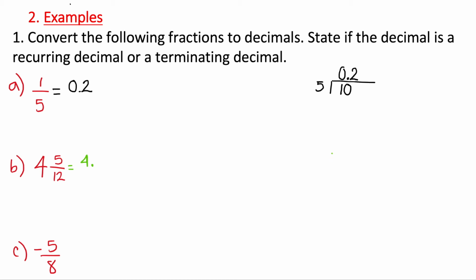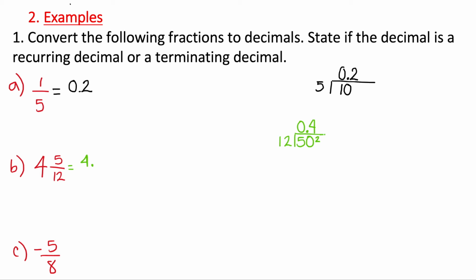So let's do it here. 5 divided by 12. Okay, so how many times does 12 go into 5? It doesn't go any times. I put my 0 and my decimal point, and I write my 0 here. So 12 into 50, it goes 4 times, 48. Agree? So 4, and then I have